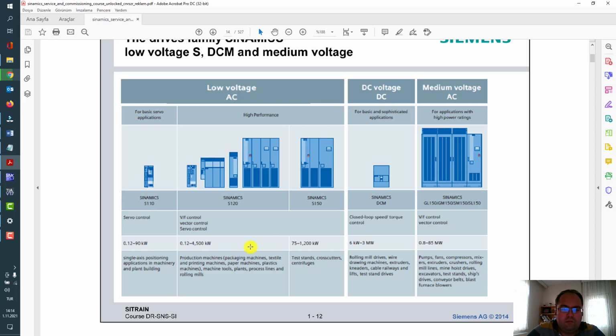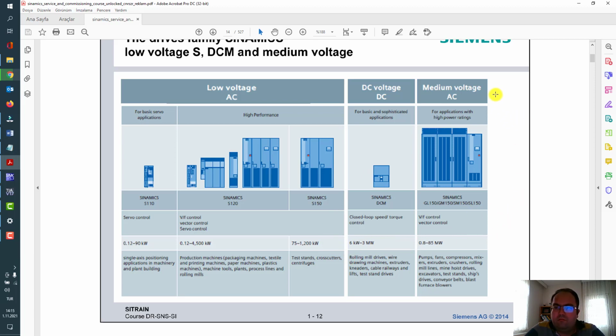for production machines in different kinds of sectors: packaging, textile, printing, and so on. For the old type DC motor connection, DC voltage applications, Sinamics DCM drives are available with 6RA80 MLFB numbers, especially for use cases like rolling mill drives, wire drawing, rotary knives, and so on.